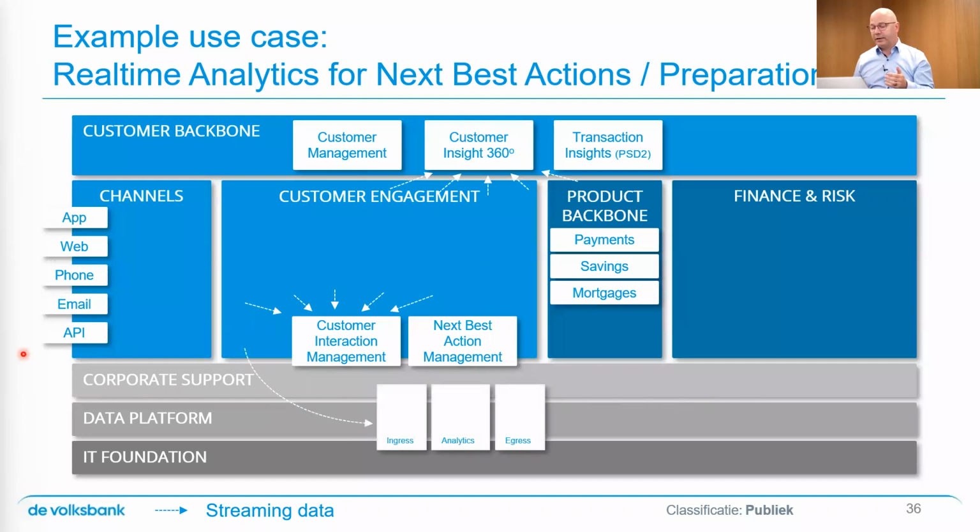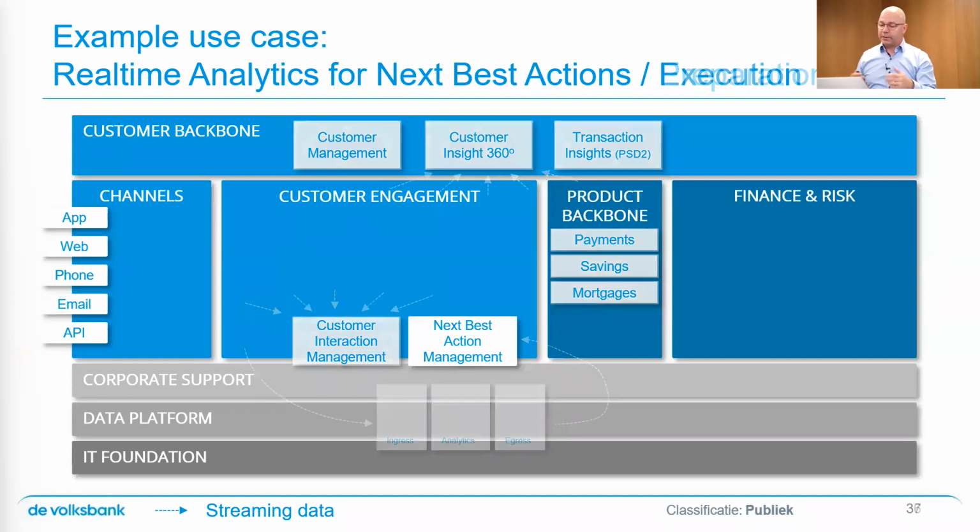We take all that information in, we analyze it, and the result will be fed back to the next best activity management or action management system. And then, only then, we've got everything ready to deal with the customer. So the customer in this picture has done stuff, but maybe not necessarily interacted at this point in time. And when I now start interacting as a customer, next best actions are in place. And anytime I make a new interaction, I make a call, etc., which could be the actual placing of an order that I'm doing on the web right now, more and more information is fed to the system, more decisions are made, and more tailored activities or actions are defined.